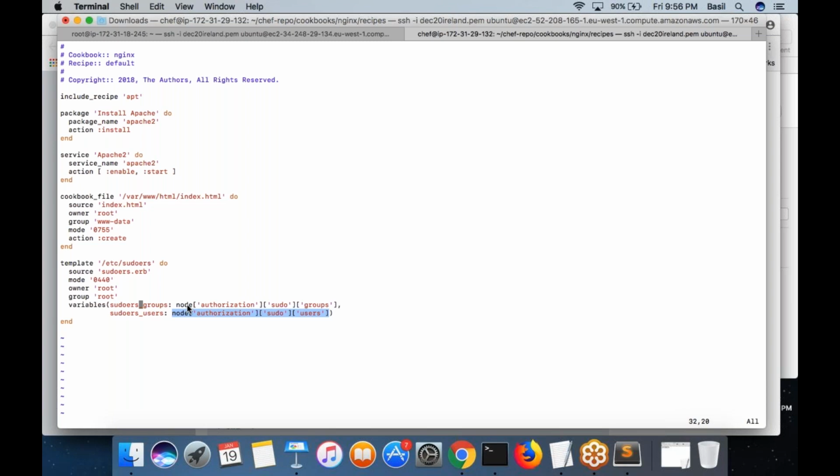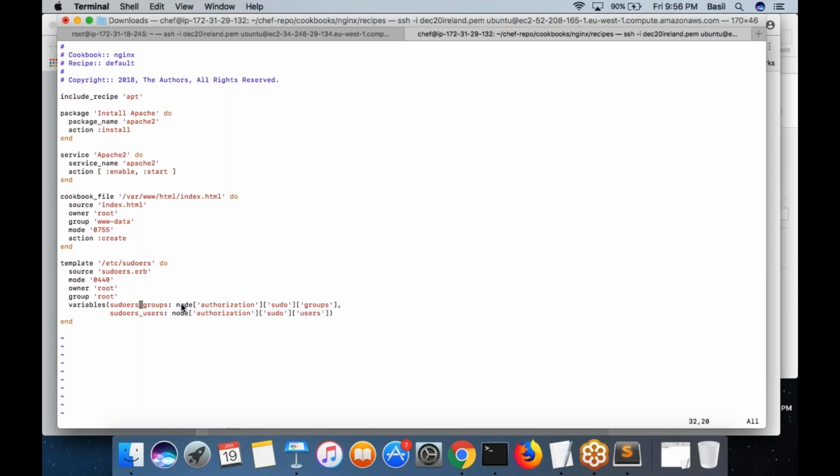So this attribute contains the list of groups who need sudo permission. This attribute contains the list of users who need sudo permission. And these are the attributes which I need to define inside my attributes folder, or I can simply put them here also. I can hard code the usernames and group names here, but that is not the recommended way. I told you, as much as possible use attributes.